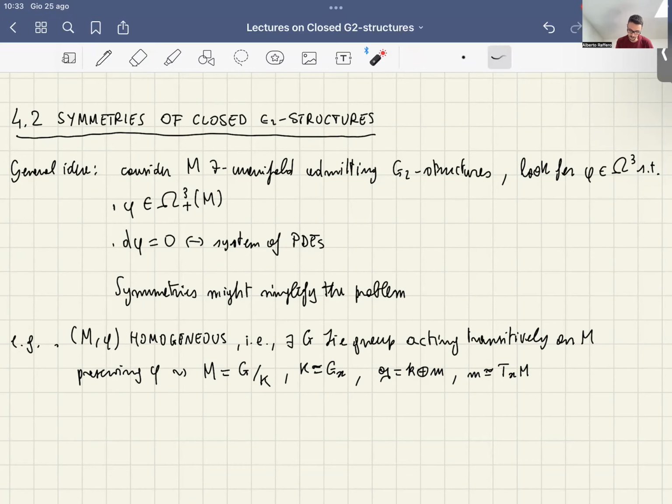And you can translate every condition in conditions involving Ad K invariant forms on this vector space. And in particular, the condition of phi to be closed will be equivalent to a system of algebraic equations